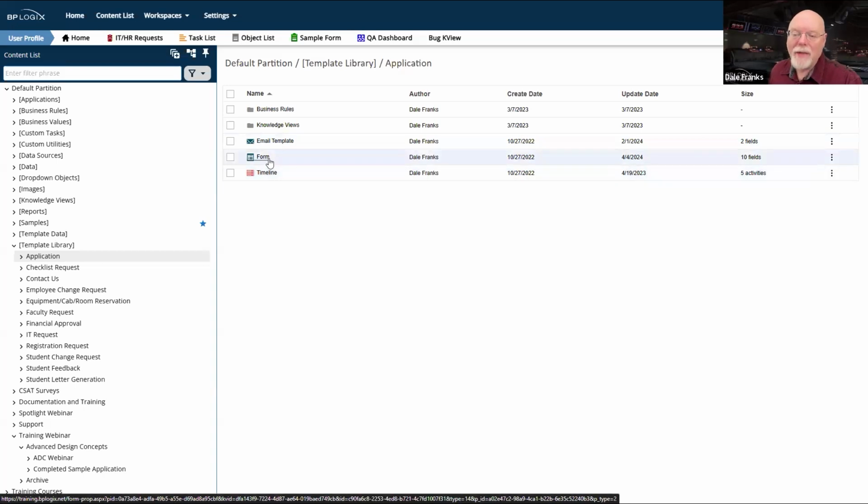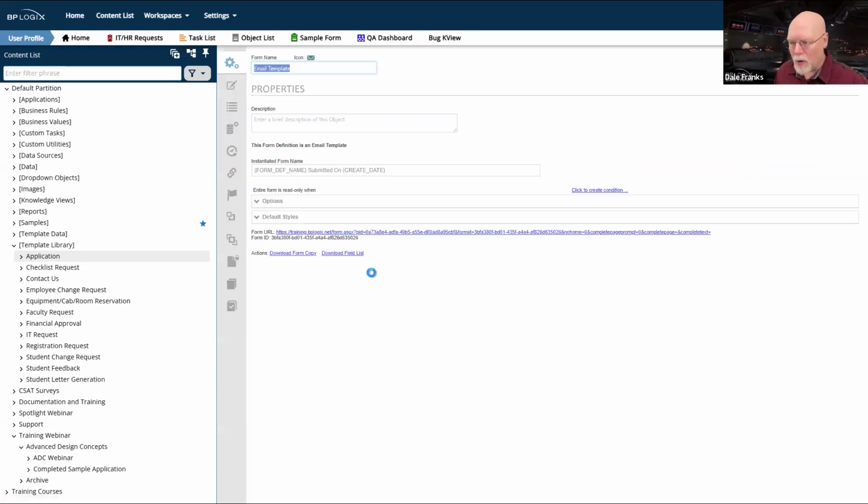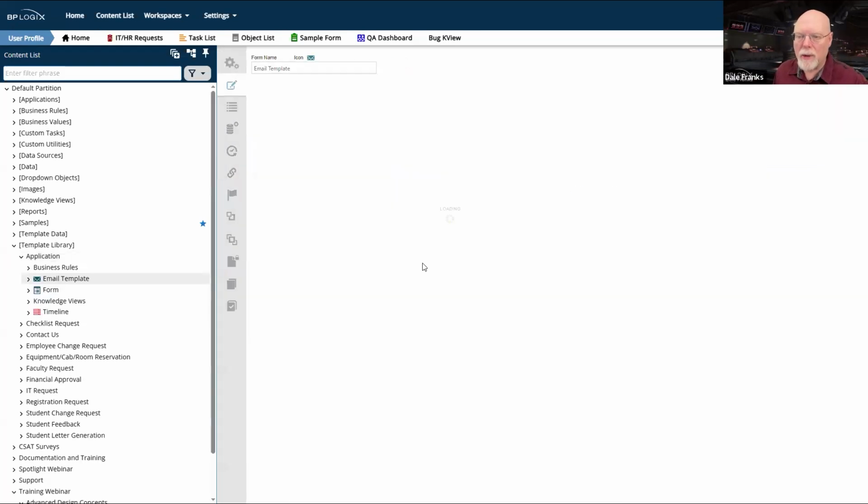Now, the nice thing about this is that especially if you want to enforce a standardized look and feel across all of your forms on your platform, which you should, the best practice is to build a template that just has blank objects. Now, we'll take a quick look at each one of these, although we'll also see them later on as we begin building.